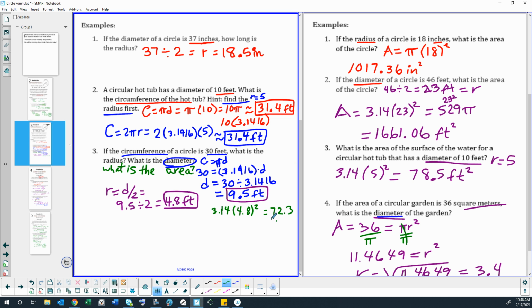Extend this a little bit. I threw in that extra example with question 3 on circumference, just to help you out with a couple of problems on Khan Academy where they give you the circumference and you have to find the area. So you have to find the diameter and then the radius and then use that to find the